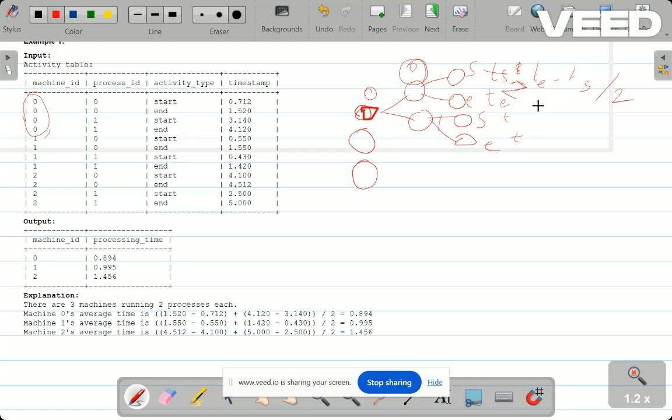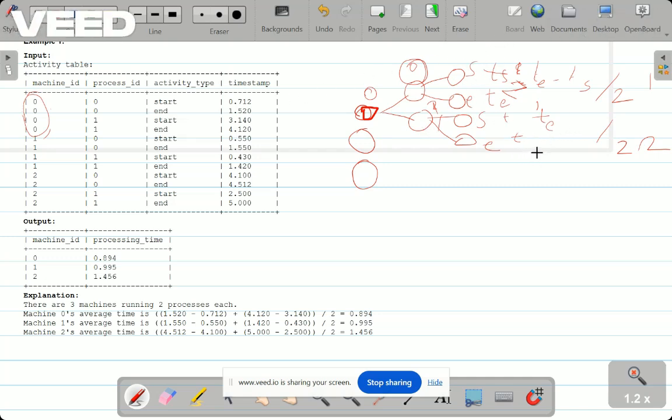And the same for the second process, this thing minus that thing, so this also gets some average. So this is one average and this is the second average.